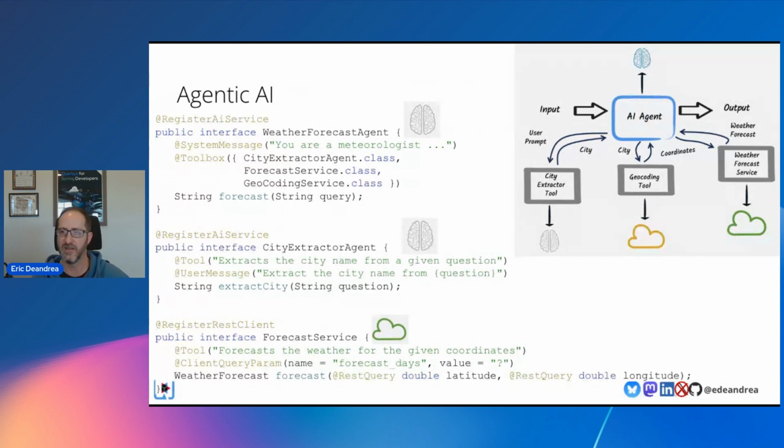So you're letting the LLM do the logic that you, the software developer, would normally write: I get this query, extract the city name, find the coordinates for that city, and then call the weather forecasting service. You're basically delegating all that to the large language model.